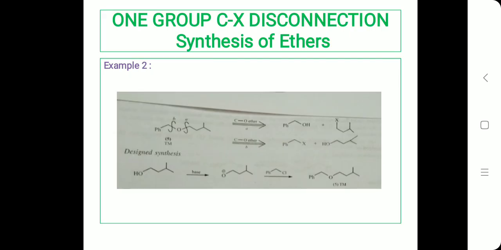So moving on to the next example. Here we have the gardenia perfume, that is the target molecule, which is an ether again. So here this target molecule can be disconnected on either side as both involve primary alkyl halides. But the benzyl halide is more reactive. So hence we are choosing the disconnection on the B side rather than the A side. So the benzyl alcohol is more reactive. So hence we are going to choose the disconnection with respect to the benzyl alcohol. So that is going to be the synthon.